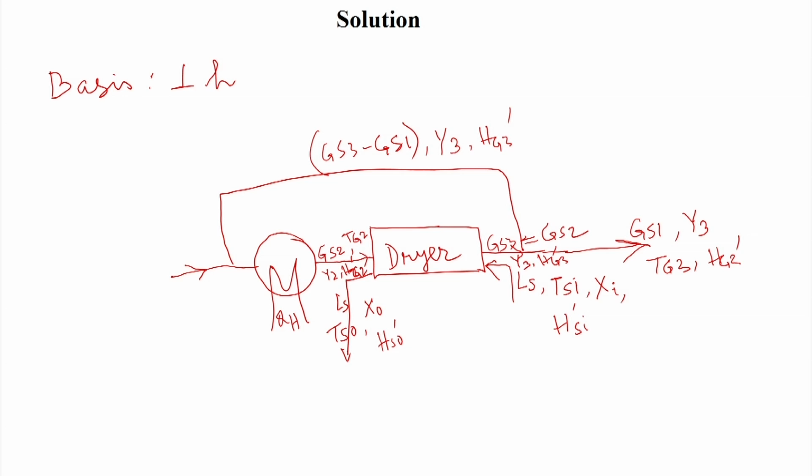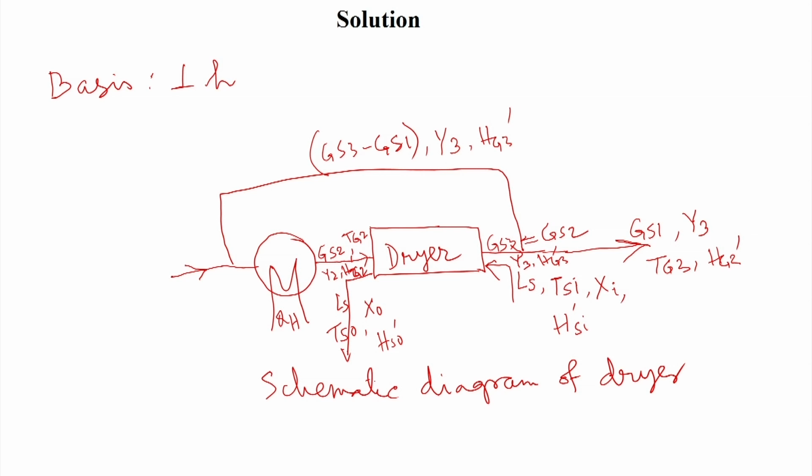Okay. So, this is the schematic diagram of the continuous dryer. This is the important part to solve the problem, the schematic diagram. Okay. So, now whatever the conditions are given to solve the problem, we will be now noting down,